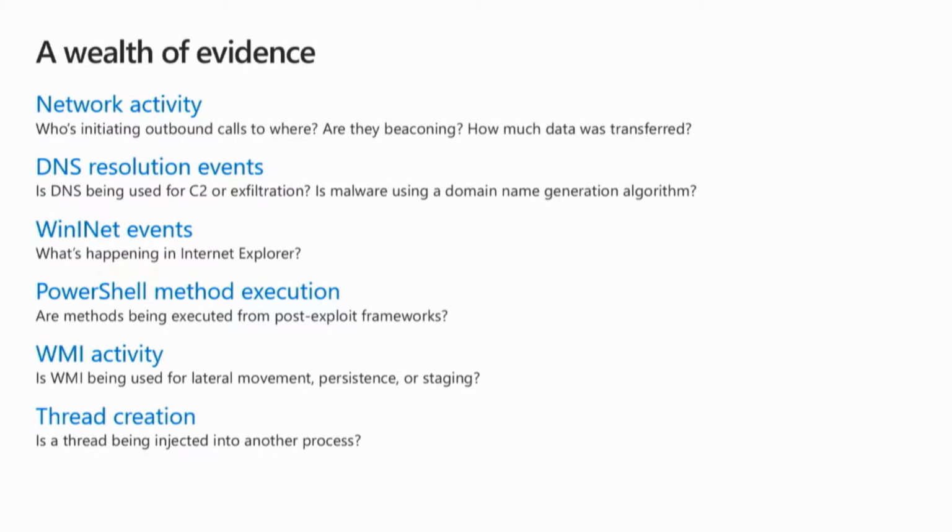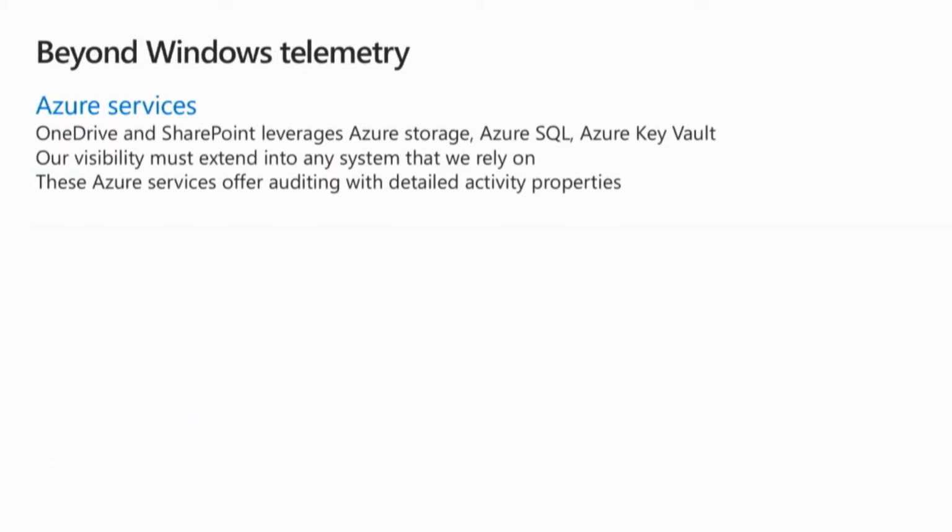We can see WMI, which is often used for administrative tasks or for lateral movement from one machine to another. And then we can see even every thread that's created, who created it, from which process, into which process, and at what start address. So everything we wanted to know about what's happening in our environment is now exposed to us. But we couldn't just stop at Windows, because as we expand and grow our data center, our storage has